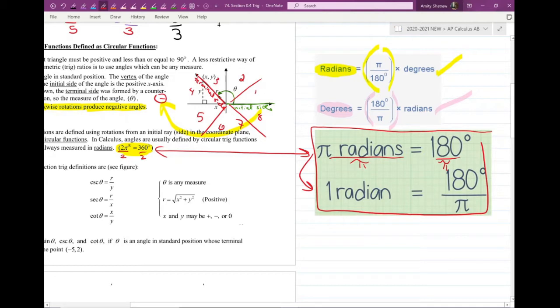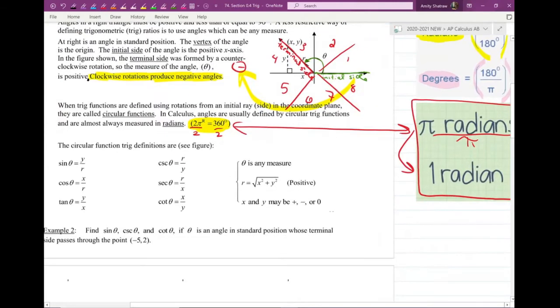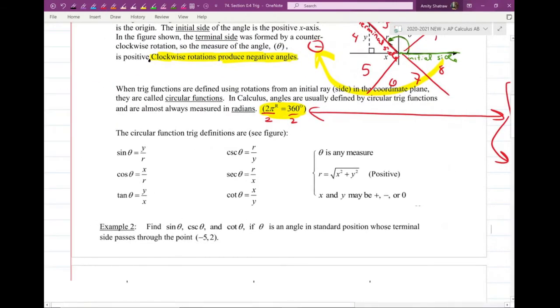I'm not sure if you're copying any of this down, but I wanted to make sure that I gave it to you just in case. Pause if you need to copy something down. So the circular trig function definitions are listed for you right here, and I don't necessarily memorize them like this. I'm not going to require that you memorize them in this fashion,